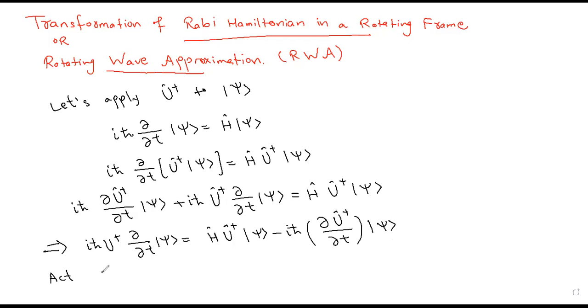Act U on both sides, and we will see that since U U dagger equals one, the identity operator, we'll get